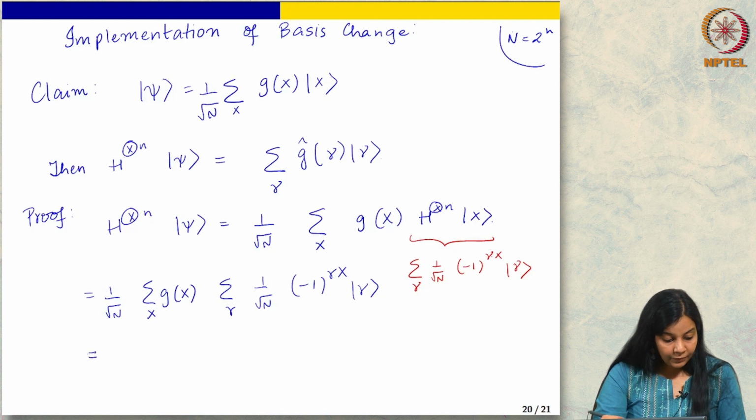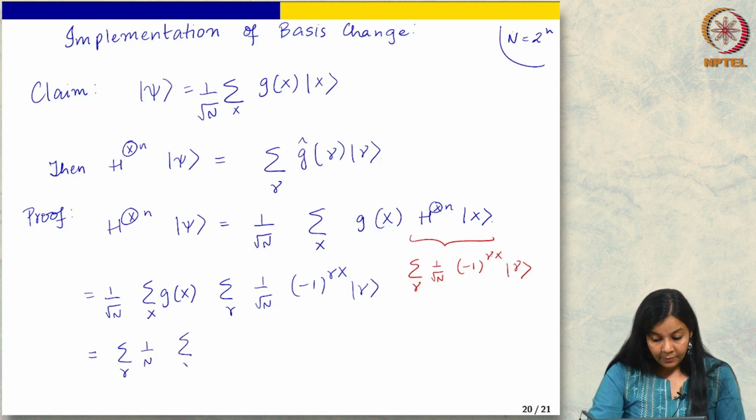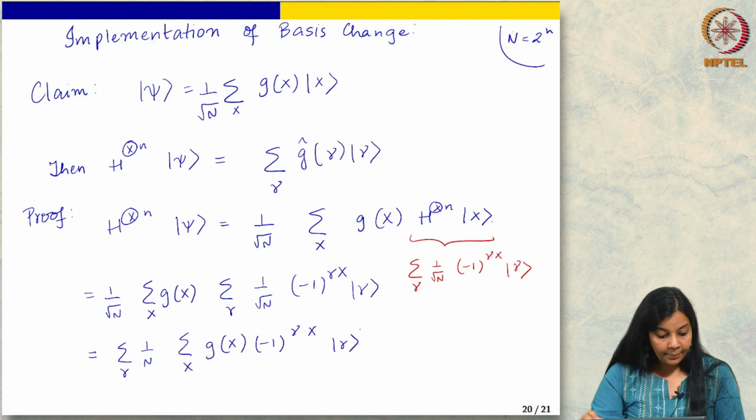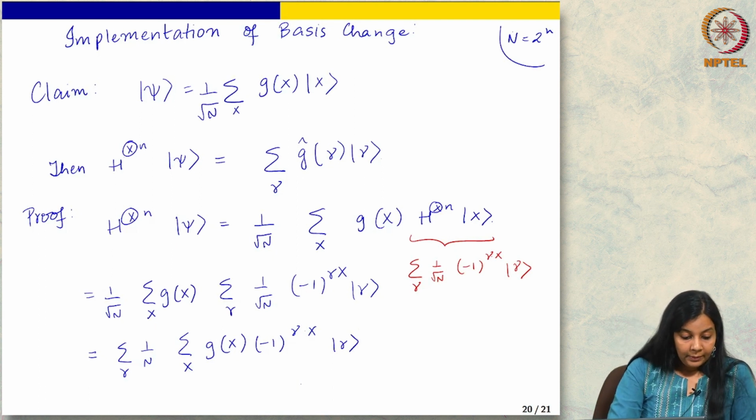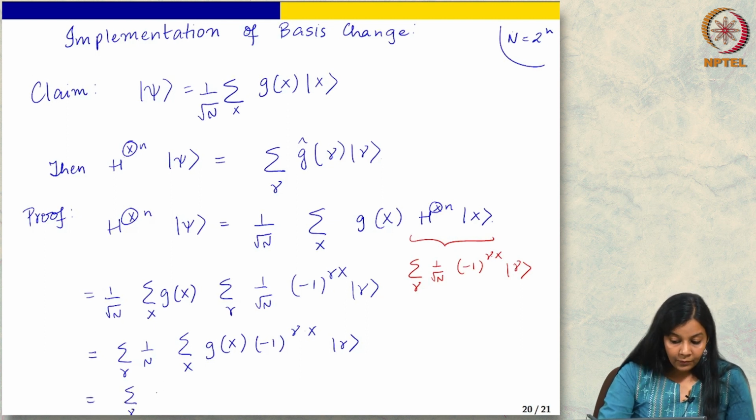This becomes summation over gamma, 1 over n, summation over x, g of x, minus 1 to the gamma times x, gamma. Okay. And this in turn can be written as summation over gamma, the expectation of x,